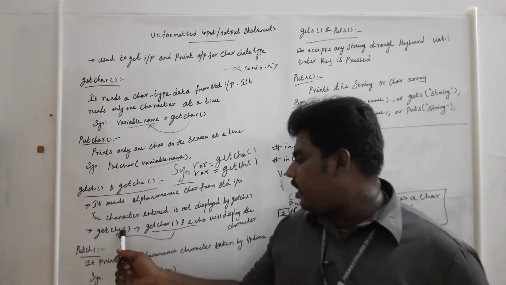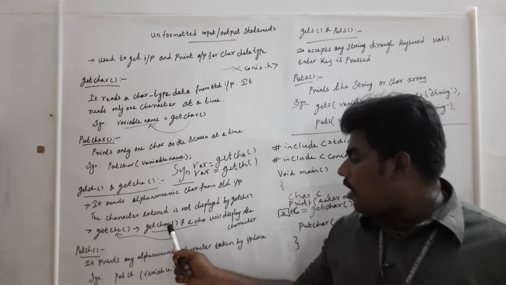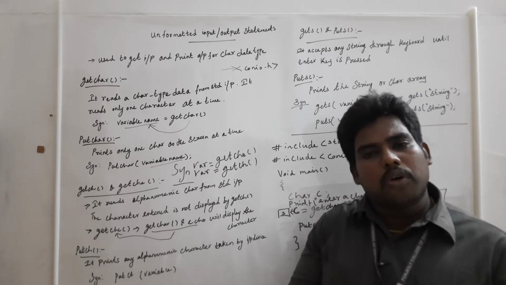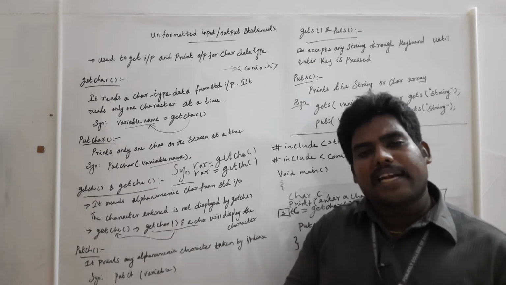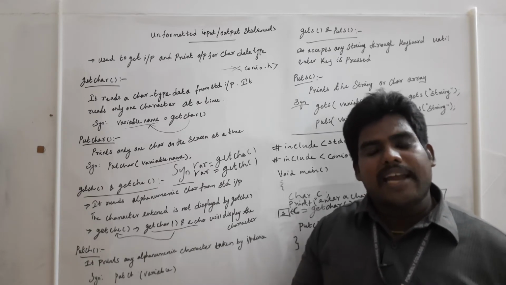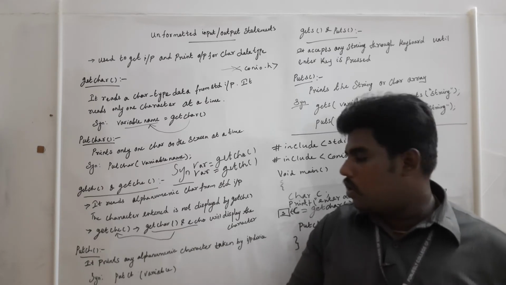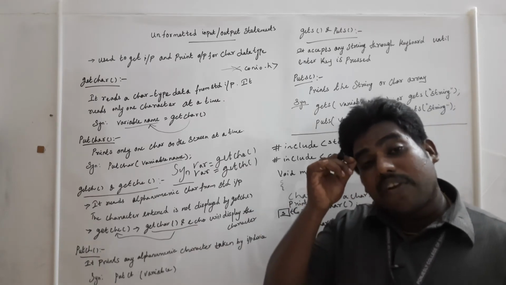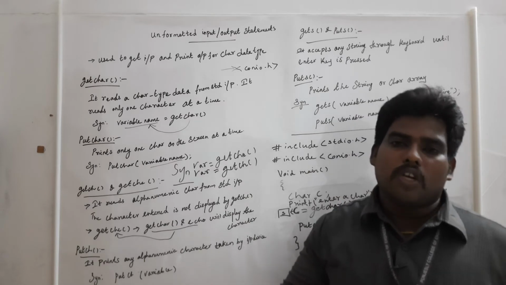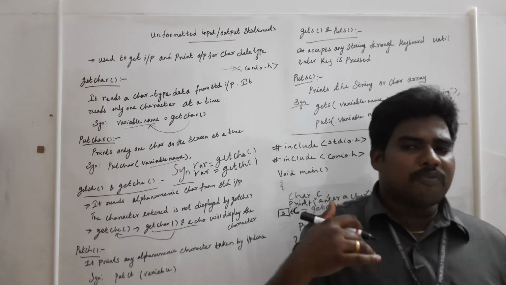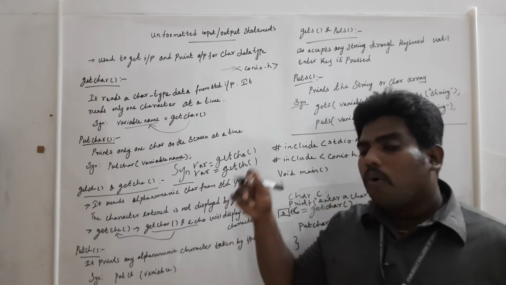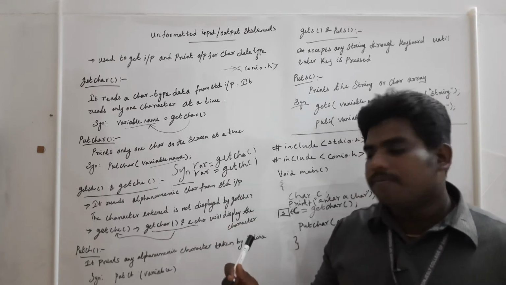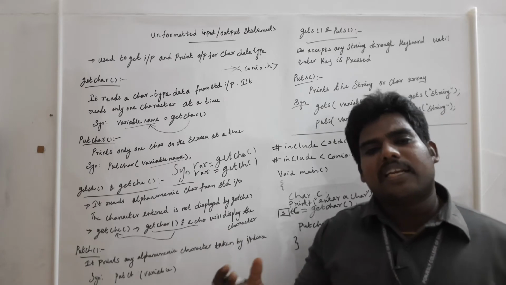But getche is a combination of get character and echo. It is also used to get an alphanumeric character as input from the standard device, that is, from the keyboard, and display it. Echo means it will reflect back. Your normal echo, what you say, it reflects back, right? The same thing: whatever you give as input will be displayed, that is, the character is displayed in the output screen.